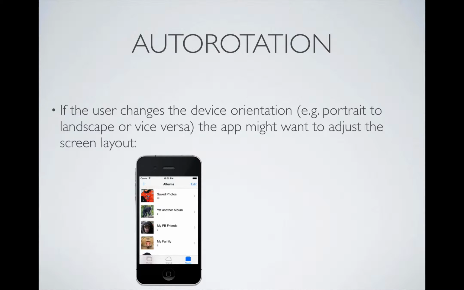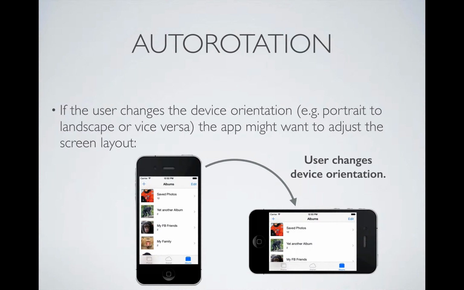Our next topic is auto-rotation. If the user changes the device orientation, for example, they're holding the phone in portrait mode and they rotate it to the right or left and end up in landscape, or maybe vice versa, the application might want to adjust the screen layout for that user. So in this particular example, this is the photo roll app on my iPhone, and when I'm in the album view and I rotate, you can see that it accommodates my device position and redisplays the content